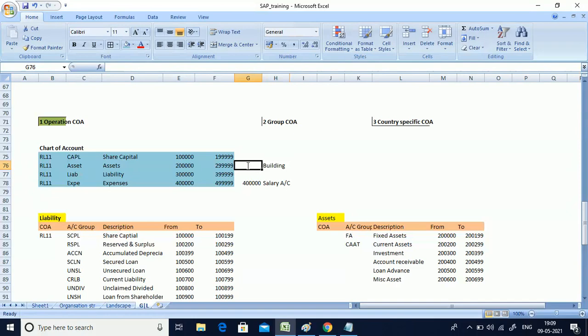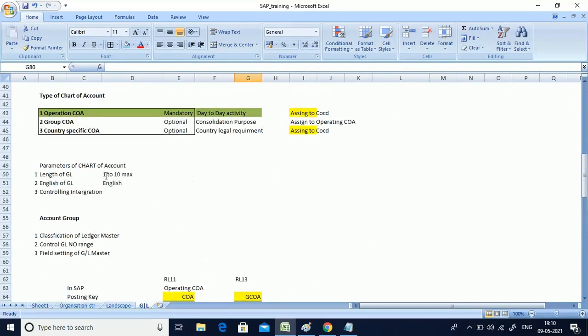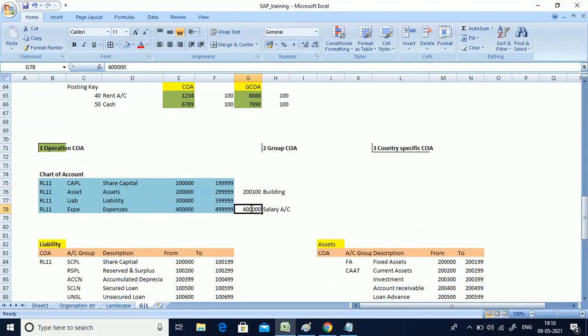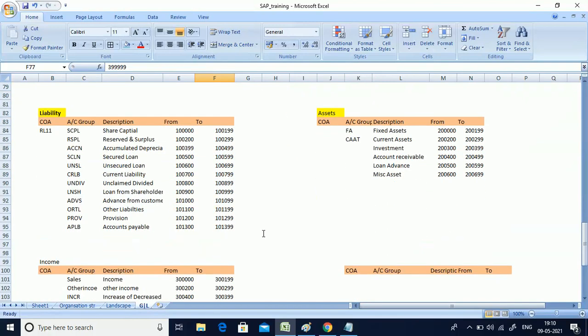So that is an asset account. Let's suppose I'm picking some 6, it should be 6 digits only because we have defined 6 in our RL chart of account, so it will pick 6 only. Then like this we have created n number of accounts between this series to this series for asset accounts, in the share capital account also, like this series to this series, liability account we can create on this series to this series. So like that I have